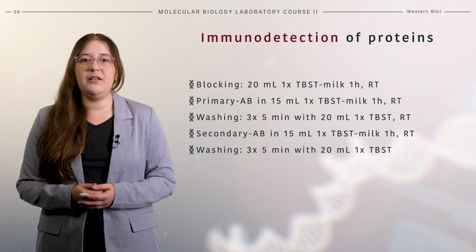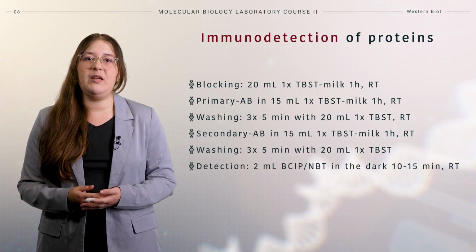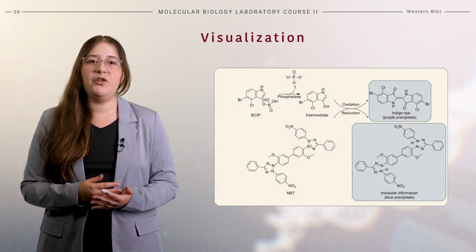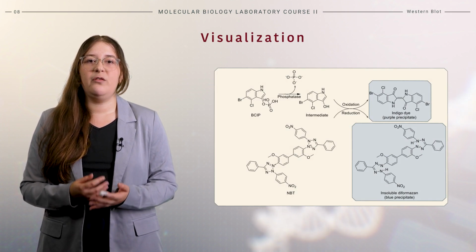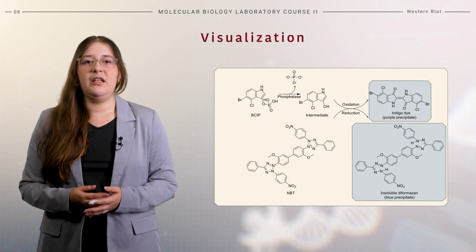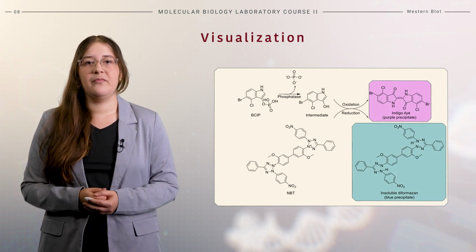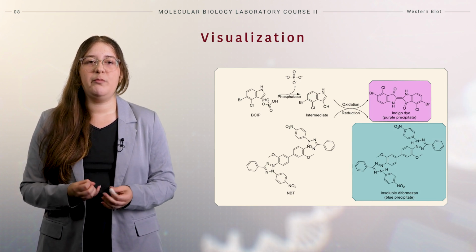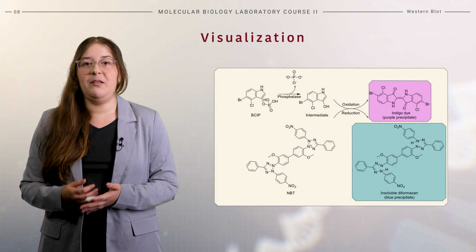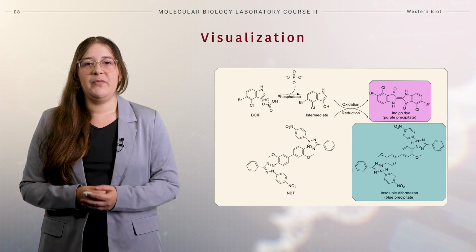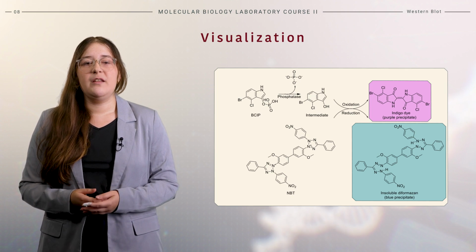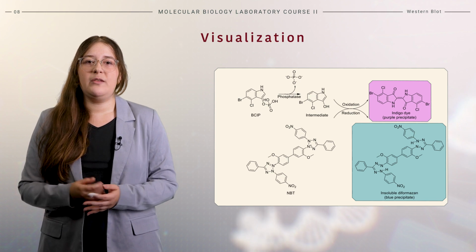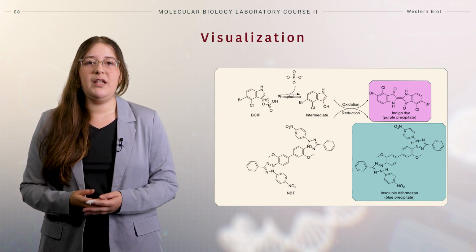In this course, the secondary antibody is covalently linked to the enzyme alkaline phosphatase. Proteins can be identified on the Western blot by adding chromogenic or luminogenic substrates for the covalently bound enzyme, resulting in a color precipitate or luminescence. In this case, alkaline phosphatase catalyzes the formation of a purple precipitate. A BCIP and NBT solution is used as the substrate. When BCIP is dephosphorylated, the reaction product reacts with the soluble yellow NBT, forming 2 insoluble substances in the form of a precipitate on the membrane.